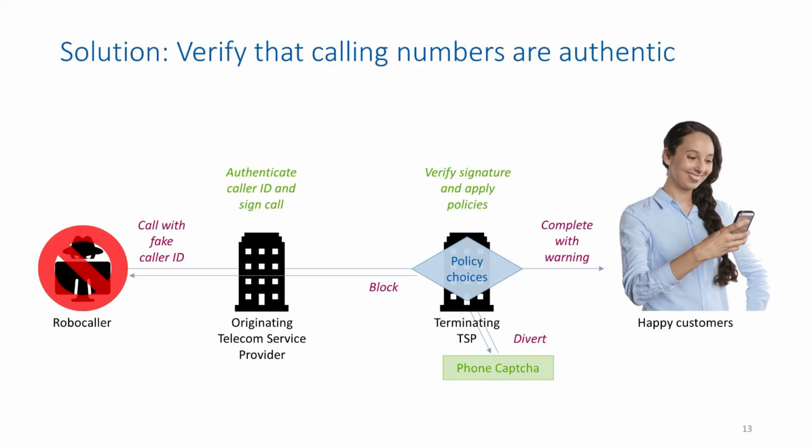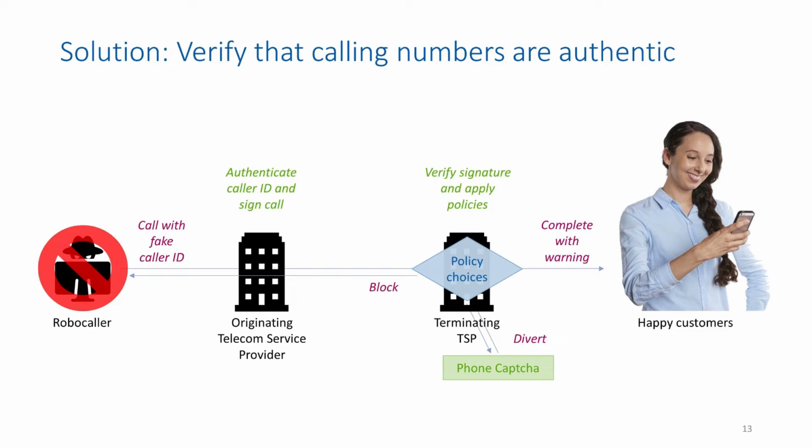Okay, so how is this proposed to be resolved? All right, and basically it boils down to this. If a call comes from a robocaller, goes to an originating service provider, if there's some way to authenticate that the caller actually owns that number, if we can just come up with a way, and we'll show you how we're planning on doing it, there's a way to authenticate that they actually own or have the rights to use that number. Then when it goes to the terminating service provider,